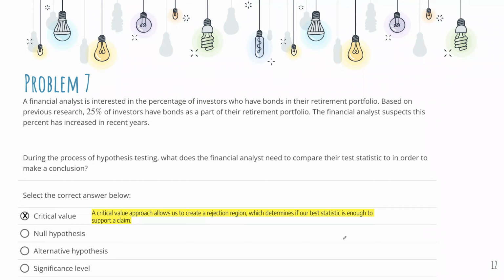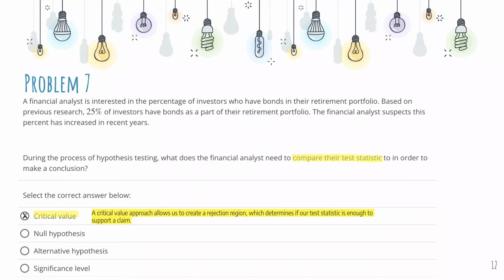During the process of hypothesis testing, what does the financial analyst need to compare their test statistic to in order to make a conclusion? So remember that the test statistic is compared against the critical value